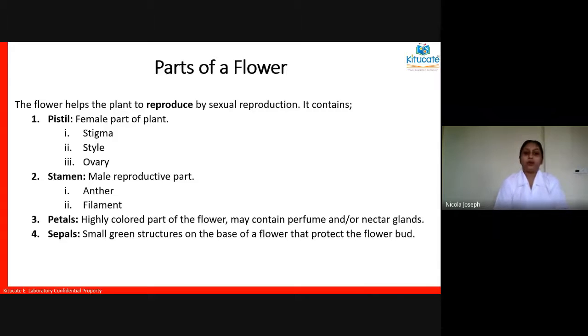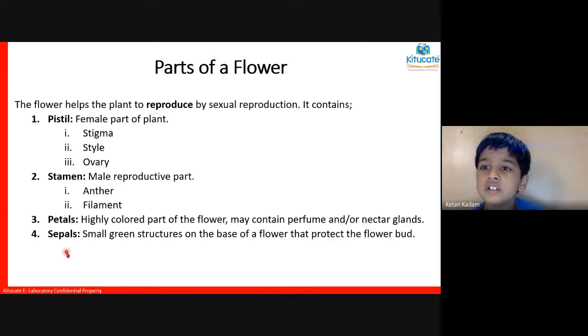Okay, now we need to see what are the parts of a flower. The flower has four main parts. First, let us see that the